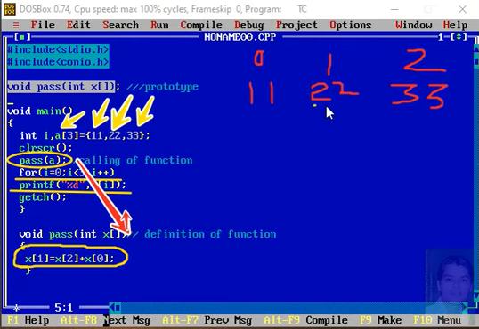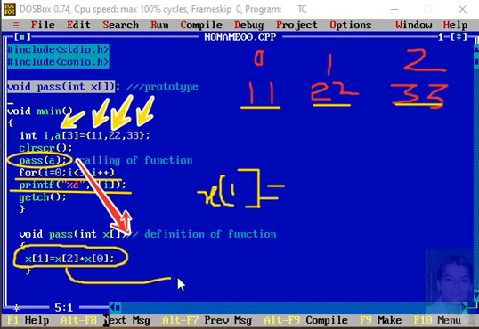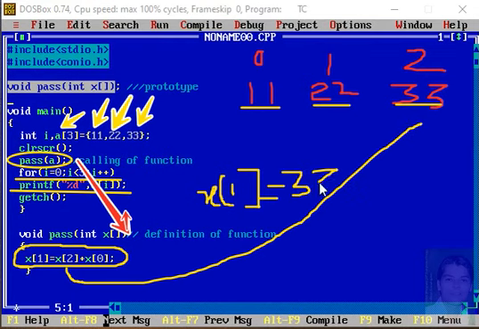What is x of 1? It is 22. x of 2 is nothing but 33 and x of 0 is nothing but this 11. इसका मतलब है कि x of 1 पे, this element will be the addition of x of 2. What is x of 2? That is 33. So it will be 33 plus the next is x of 0, that is 11.